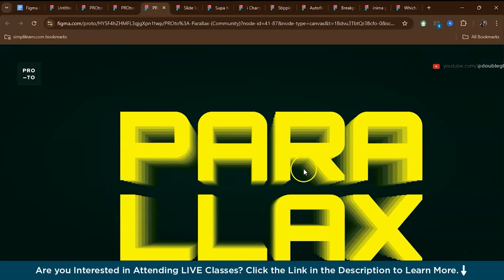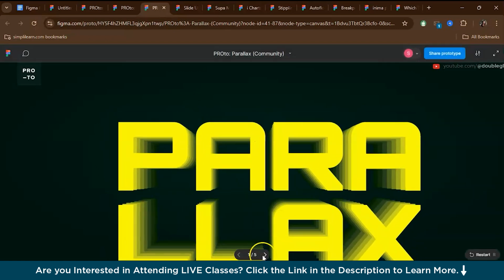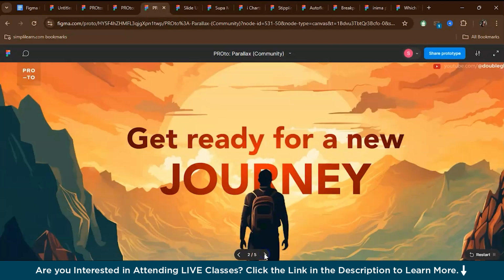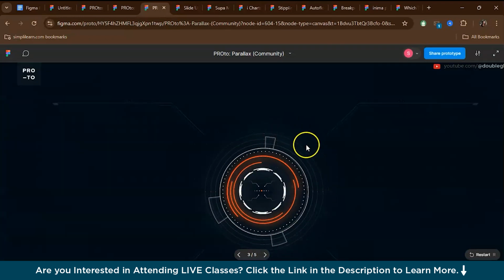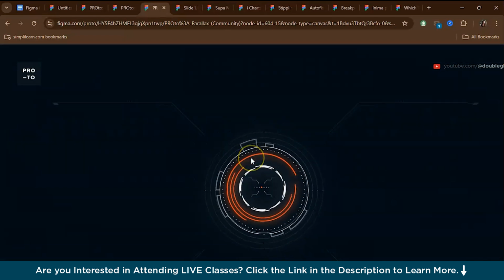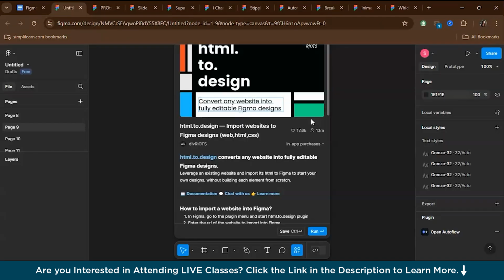Wow, pretty cool. It's typically something you'd need advanced animation software for, but now you can do it directly right inside Figma. Let's see some more examples. Okay, this is one kind of example. See, all these types of advanced animations can be done with this particular plugin. So you can bring your designs to life with these smooth animations and transitions, adding a whole new level to your presentation. Now, the next plugin that we have is HTML to Design.